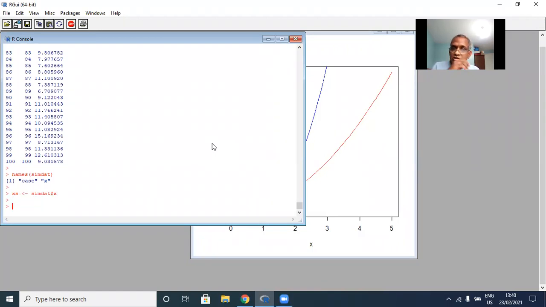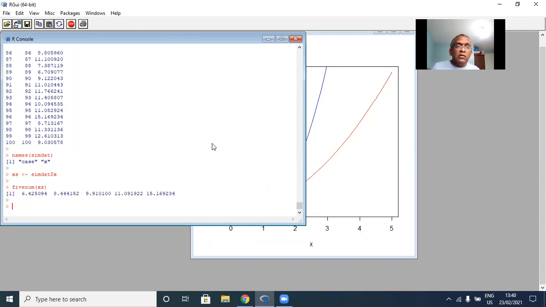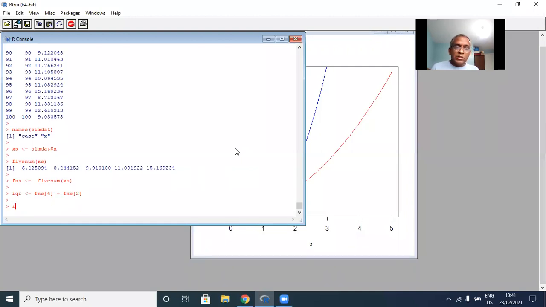So I want to find the summary statistics of this data. So for example, the 5-number summary will be this, right? So the first number is the minimum, the second is the first quartile, this is the median, third quartile, and the maximum, right? So let me call this, for short, FNS, right? Now, I can compute the IQR as the difference between the third quartile and the first quartile. So your IQR is